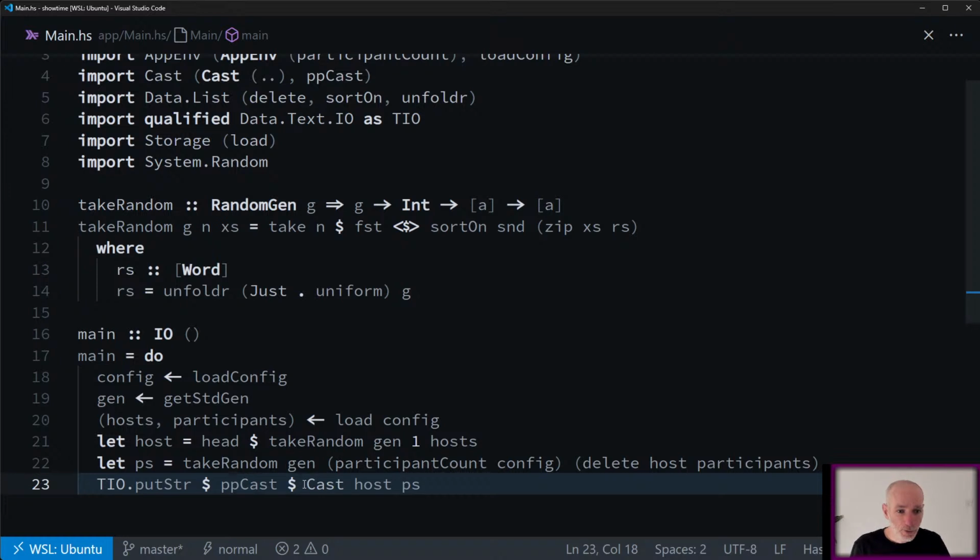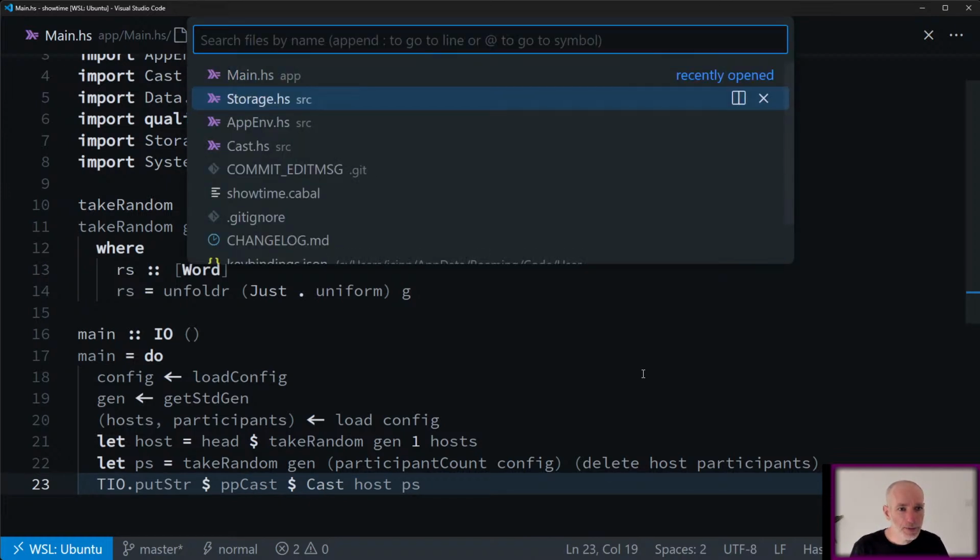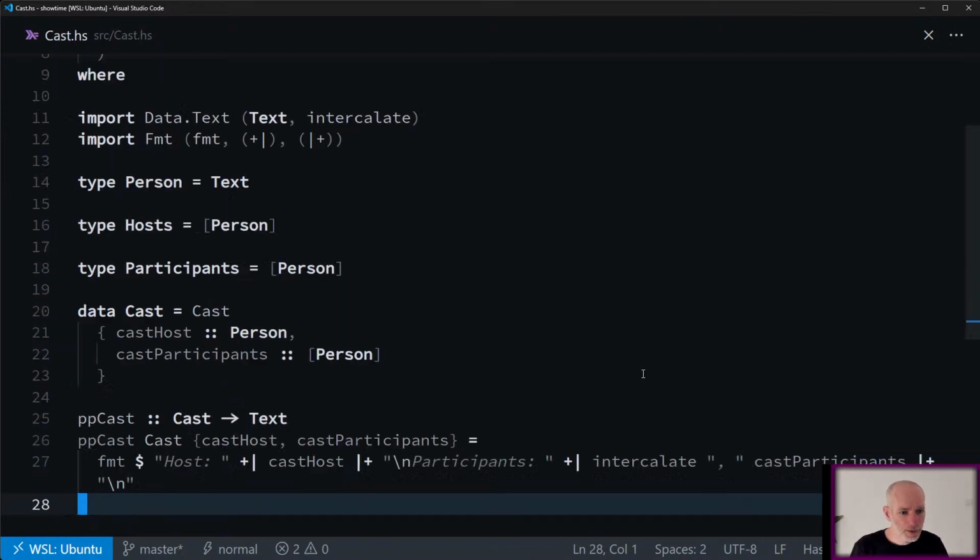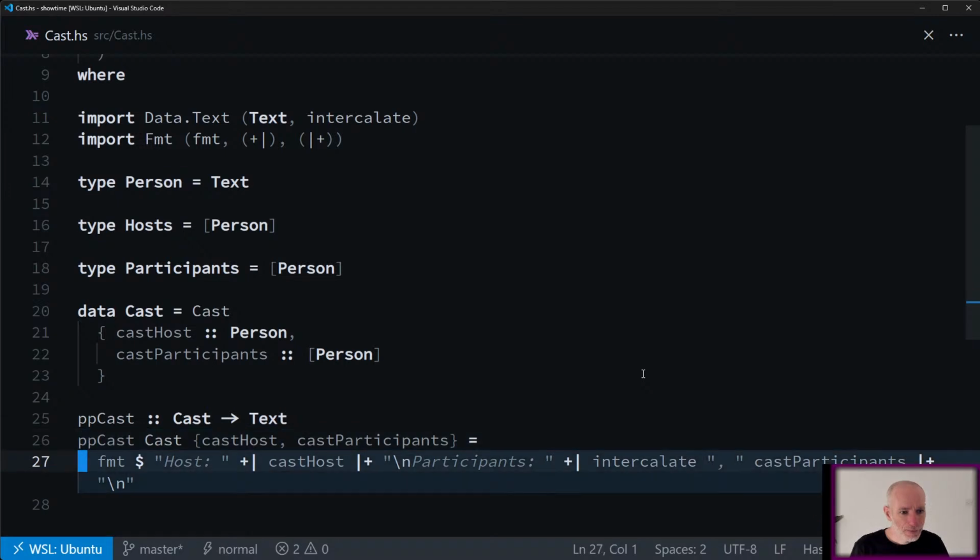So we turn it into a cast. Cast is a collection of hosts and participants, and then our helper called ppcast, which is, I think, very dumb. Oh, it uses format. Okay, that's interesting. I must have been looking at format at the time, but it uses format to build a string.